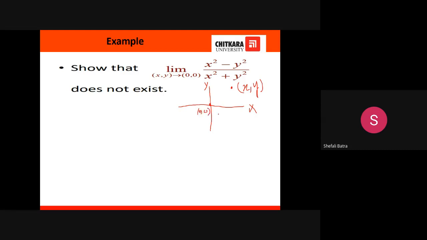Right? So what I'm doing, from this point, I'm coming down to this point. So at this point, what are the coordinates of this point? x, comma, 0, because on the x-axis y is 0. So from this point, you are coming to this point, and then you will move like this. And ultimately, you are at the origin. Let us say this is your path 1,